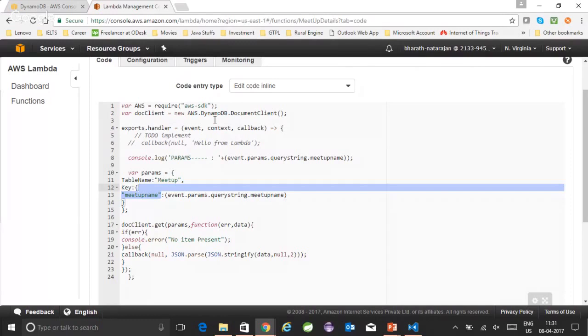Okay, you can see Lambda supports four languages, which are Node.js, Java, Python, and C#. So you can write in any of the four languages, depending upon your convenience. Okay, and the next thing is, I specify the query parameter there, and